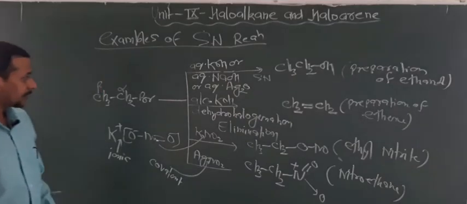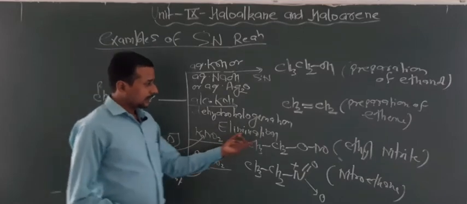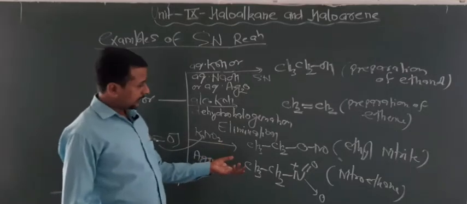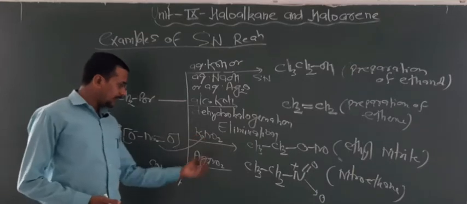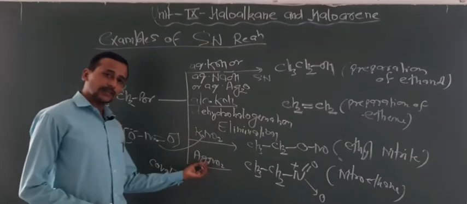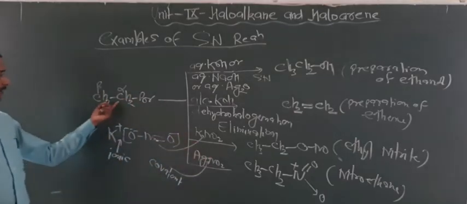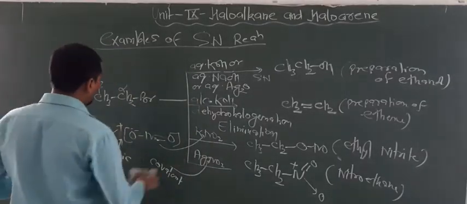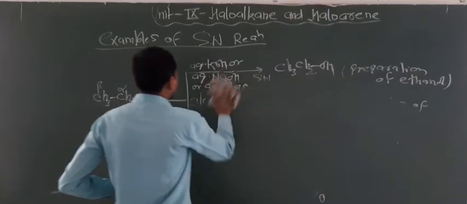Now students, again look at the difference. One question may arise: why does KNO2 give ethyl nitrite, but AgNO2 gives nitroethane? So your answer is in terms of ionic and covalent bond. Here due to the ionic bond, the O has a negative charge, that's why it can attack the carbon. But in this case, due to covalent nature, nitrogen can donate its lone pair to this carbon, that's why they can form nitroethane. Now some more reactions you have to note down. In the example of substitution reaction, look here.